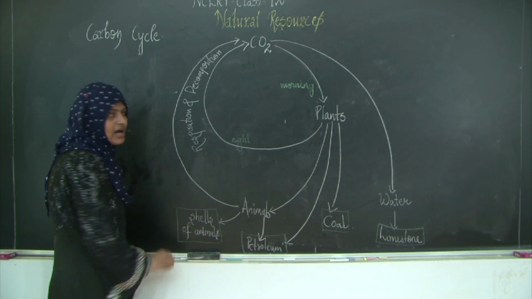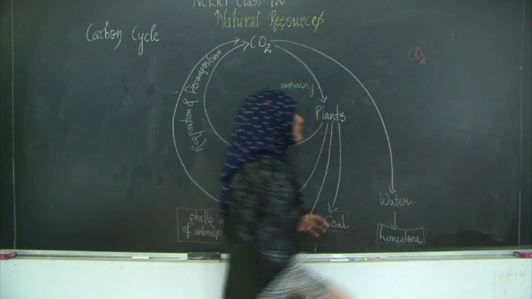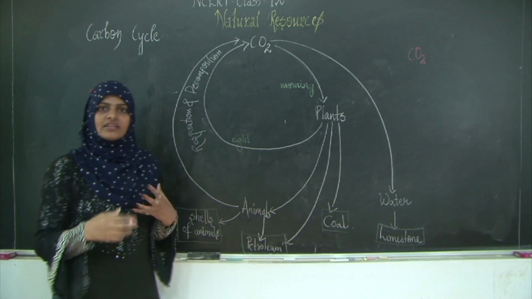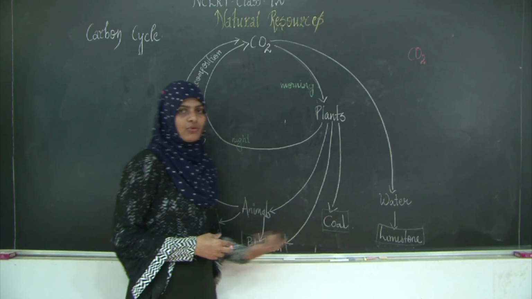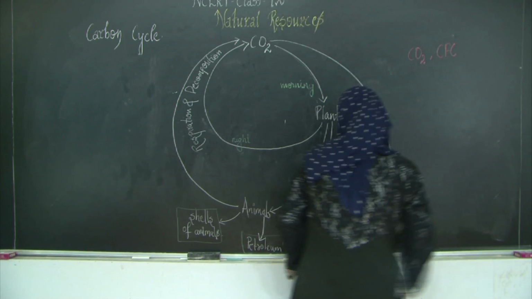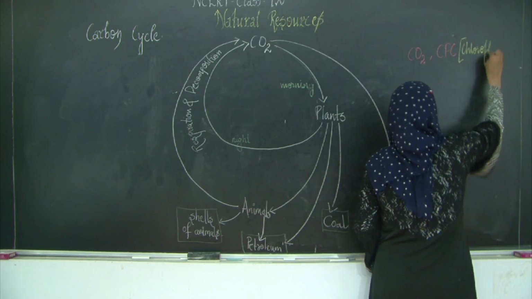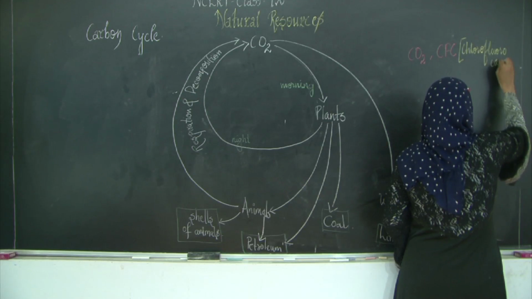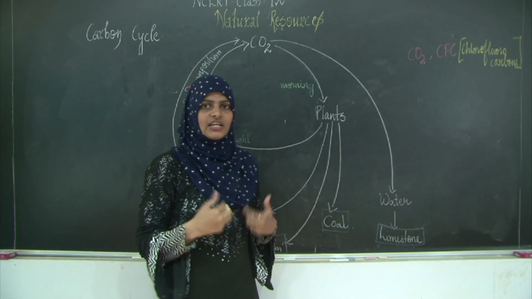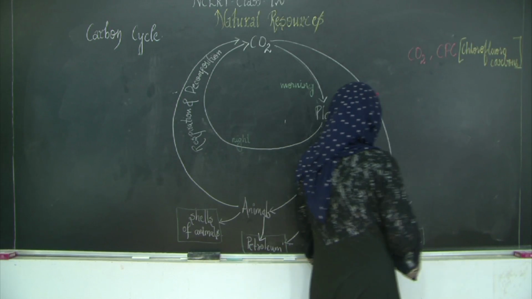Now let us study the greenhouse gases. We already studied when we were studying air and its pollution that there are a few gases which are produced due to the decomposition of all this matter, that is, whenever the garbage gets decomposed, as well as the burning of coal and petroleum, right. So the carbon dioxide, your CFCs. What are CFCs? Chlorofluorocarbons. Okay. These are generally released by the working of air conditioners and even sprays. Okay, even the refrigerator releases the CFCs. These all are majorly